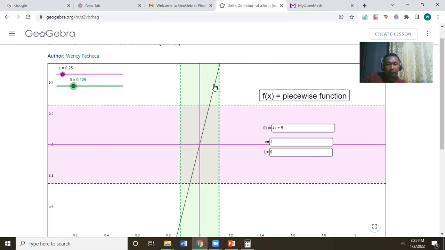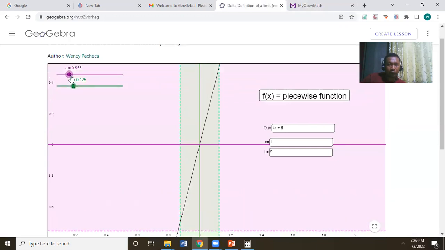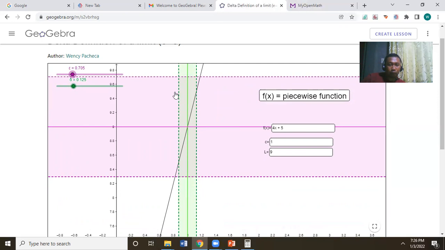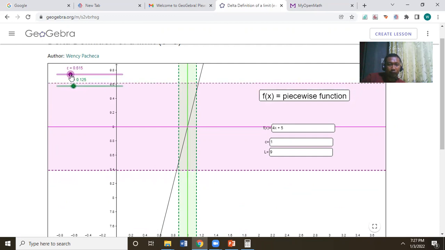nga mayroong part. But since the epsilon is, we can adjust the epsilon to check that. The student is true only if the epsilon is 0.25. But if you're going to make the epsilon bigger, like this, see, even the delta 0.25, the student may be wrong. But with respect to the definition of the limit of the function, we can check that for every epsilon there will always be a delta. But here, for every epsilon here, 0.25 is